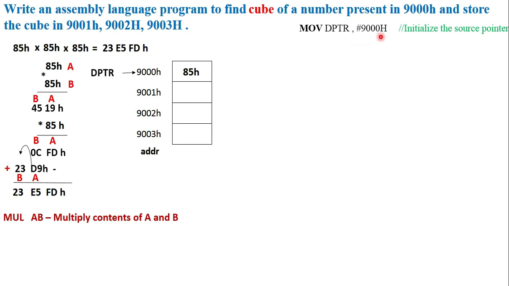We always begin with the first 3 lines of code, ORG 00H, SJMP 30H and ORG 30H, to skip the interrupt table. I'm just skipping that to save space here. So MOV DPTR, #9000H, we've initialized the DPTR. Next, we need to take the contents of this into the accumulator. The instruction which copies the data from external memory is MOVX. So the instruction is MOVX A, @DPTR. Copy contents pointed by DPTR into the accumulator. So now the accumulator will have 85H.